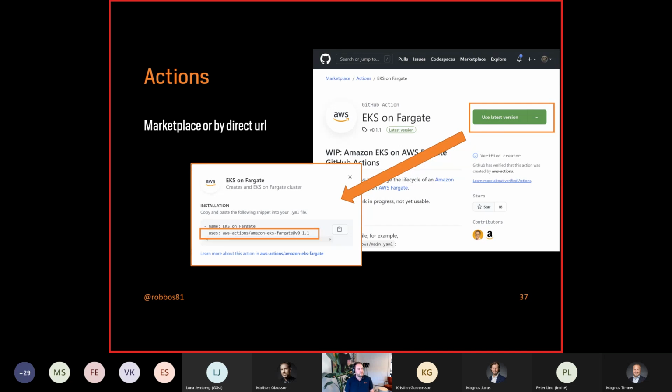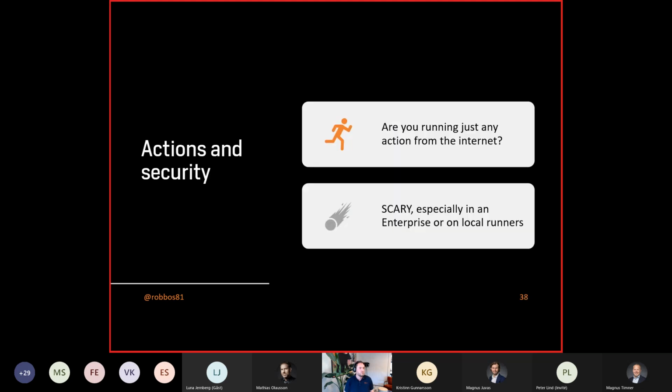Well, the nice thing is that the users part contains the direct URL to the github.com repository that you can find. You can only use GitHub Actions from a public repository as it is right now. So you can always go and look at the repository, find out what the action is actually doing for you, and learn more information from there. Because you're pulling in arbitrary code from the internet that somebody else created for you. Any public repository can be used.